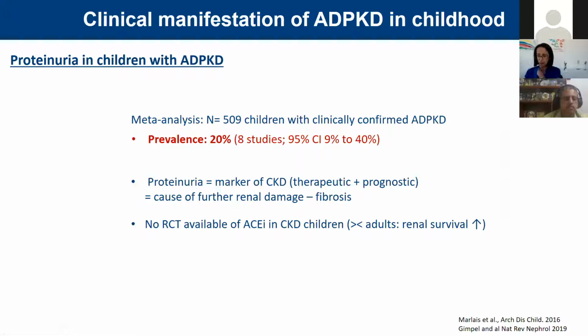So Marley, from Great Ormond or from Evelina Hospital, did a meta-analysis of all the studies performed in childhood. You can see that 509 children were published in all the studies together, with a confirmed ADPKD, and he demonstrated that proteinuria was present in 20%. We know from our experience as pediatric nephrologists and in other diseases that proteinuria is a marker for chronic